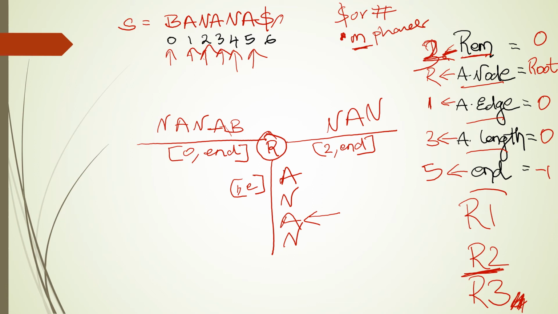What do we do next? So we did nothing. We have encountered rule 3 again because we found an A after an N. That's what we did. So we just incremented the active length to 3. Remainder is always incremented and not decremented. It is being incremented until 3 because we didn't add any suffix leaves yet. So here we are now. And we go to next phase as we hit a rule 3 and not a remainder of 0.